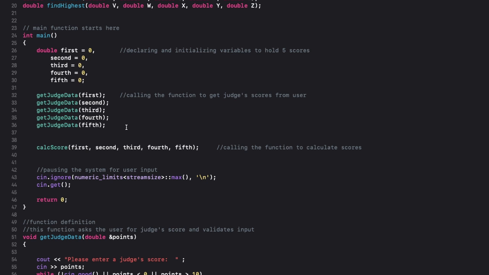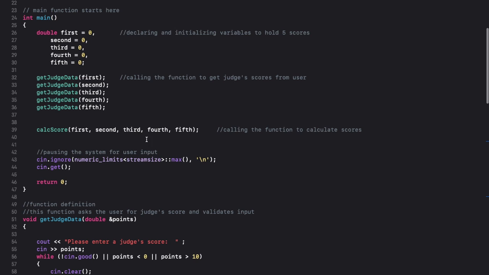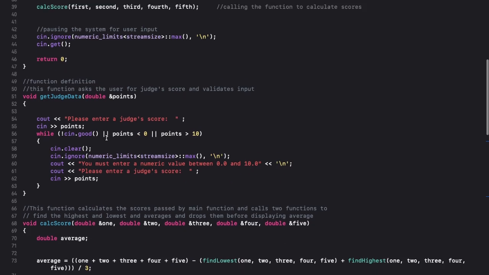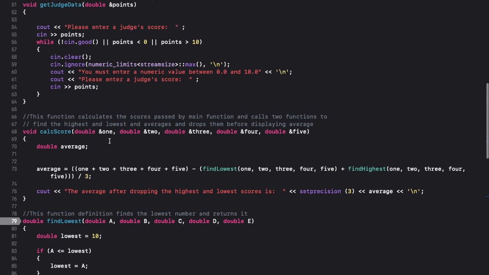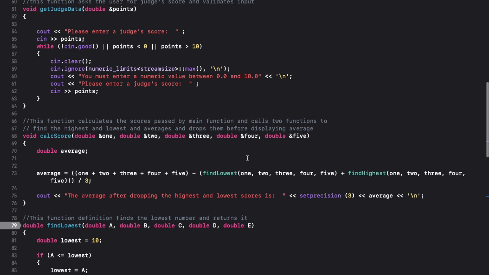Once the program gets the fifth score, it's going to now send the variables to the calcscore function. This function is going to receive the scores and create new variables that I've named 1, 2, 3, 4, and 5 to correspond with the names of the variables being sent from main. I've created a variable called average, and in the calculations of the average, I'm adding the sum of all 5,